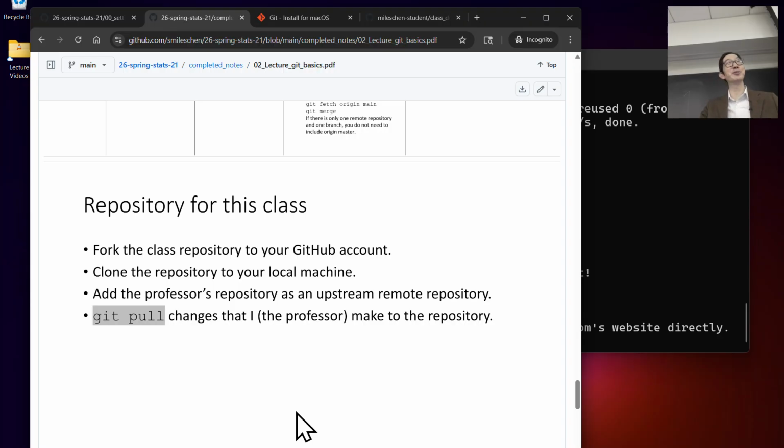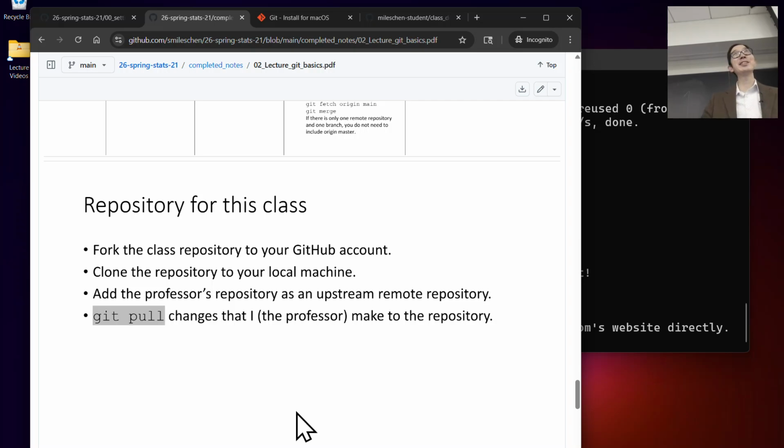Okay, that's probably how all of your other classes work. That's how all of my other classes work, where I post things on Canvas one file at a time, and you have to download them, and then your downloads folder gets all crazy and messy. But with this class, I can say you guys are going to learn Git, and then I'm going to distribute files via Git, and then we will all say this is way better. Okay, but yeah, there's a learning curve. So okay, in order for this to work,